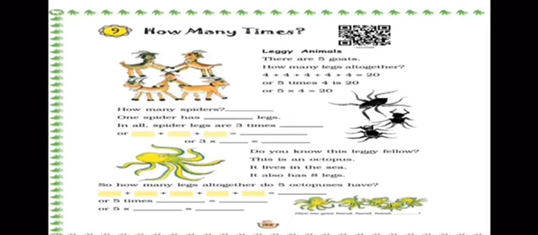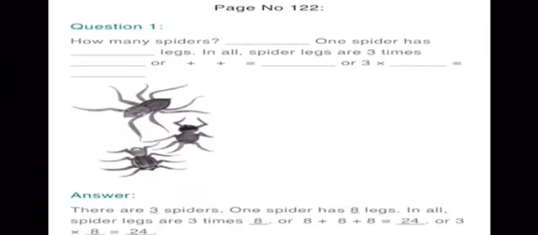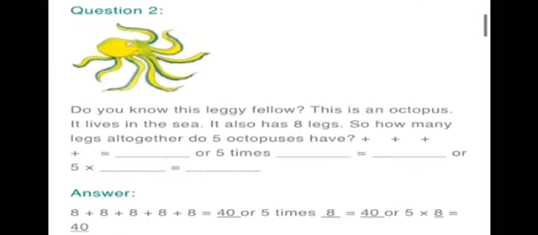So from here, which method was easy? The second one and the third one. The first one was difficult because if we do 8 plus 8 plus 8 plus 8 plus 8, it becomes very difficult and it is very confusing and it takes a lot of time. But 5 times 8 is 40, or 5 8s are 40. So that's why you should all know your tables very well. So now let's check our answer. Yes, 5 8s are 40.